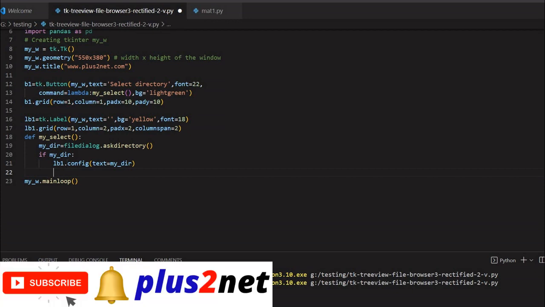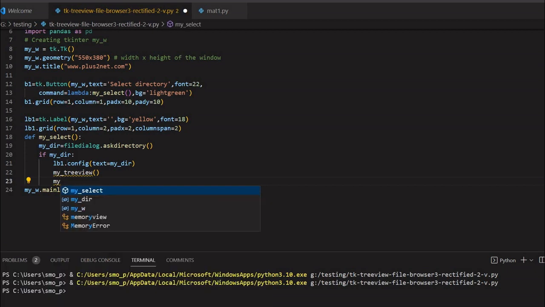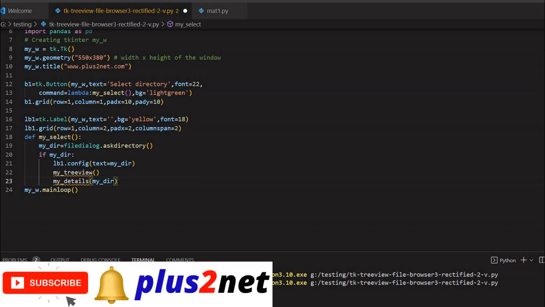So after this, my Treeview, this function I am calling, I have not yet written that one, and my details. In this my details, this is where I am collecting all the details of the directory that you selected. I am passing the my directory or the path as a parameter to this. So these two functions I will define, just def my